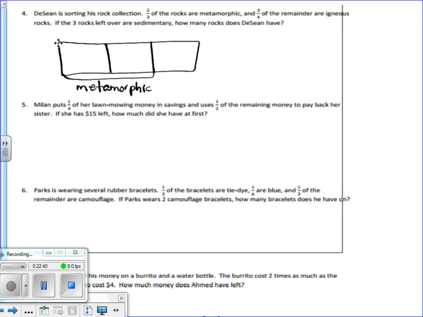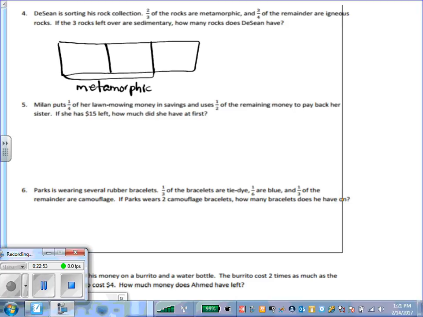So now, it's saying 3/4 of the remainder are igneous. So this right here is the remainder. This is the leftover. So in this remainder,